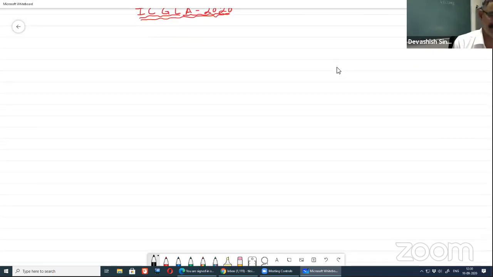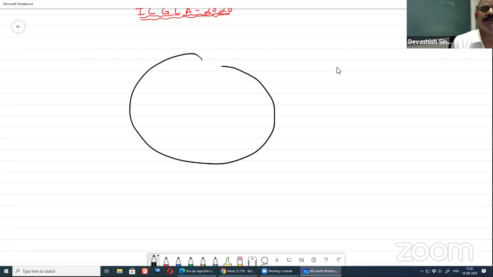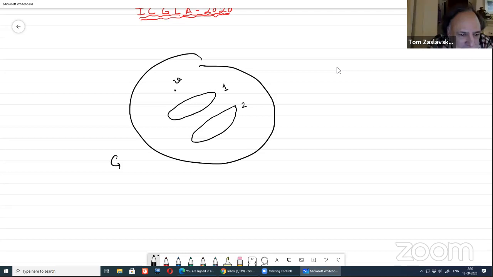So this is my graph G. And if we take a vertex here, and I take the vertices which are at distance 1, level 1, level 2, like that. And then all the vertex labels at level 1 are multiplied by 1. Then all the vertex labels at level 2 are multiplied by 2. And then we take the sum of this. If it comes to be a constant, then we can say it is distance magic, according to you, sir. That's correct. That's what I was saying.